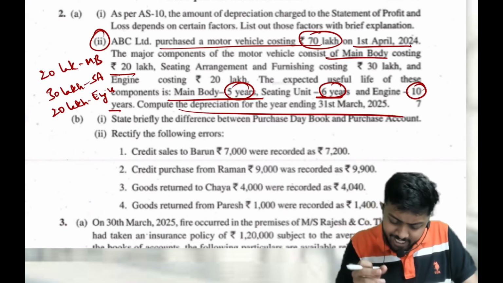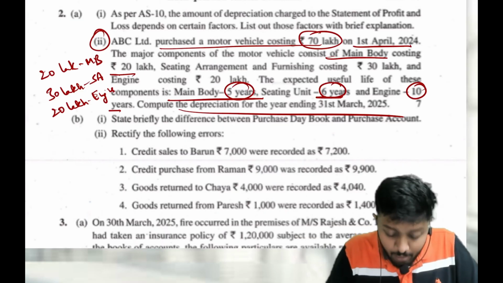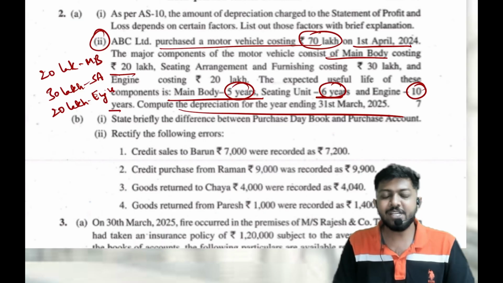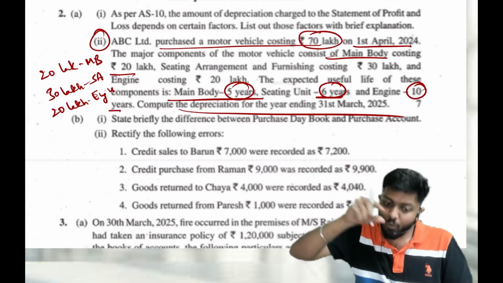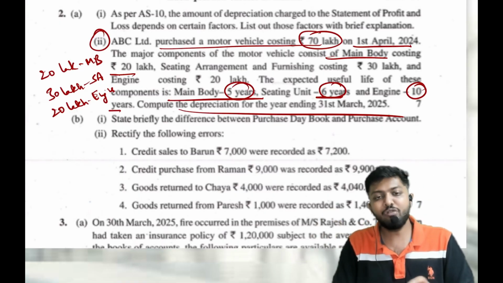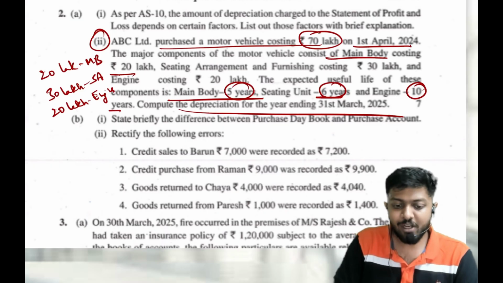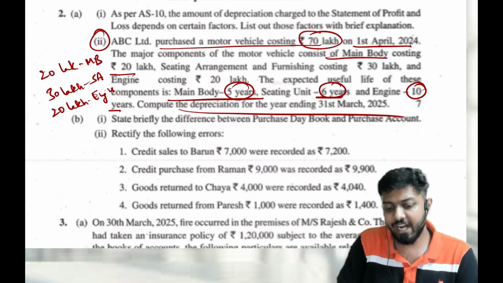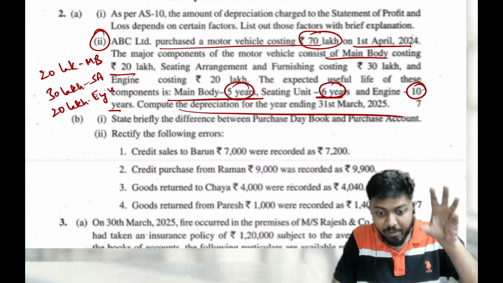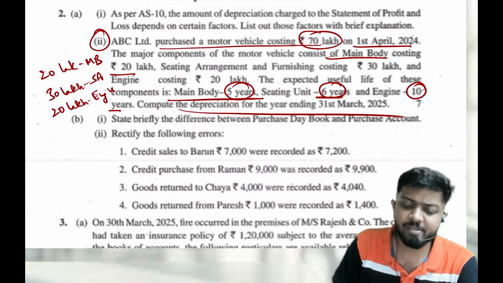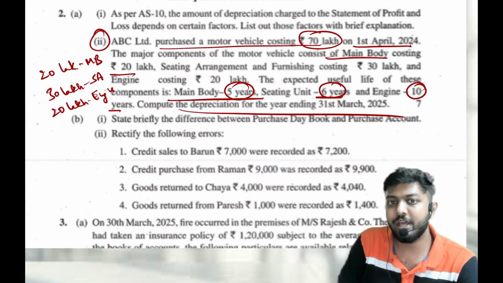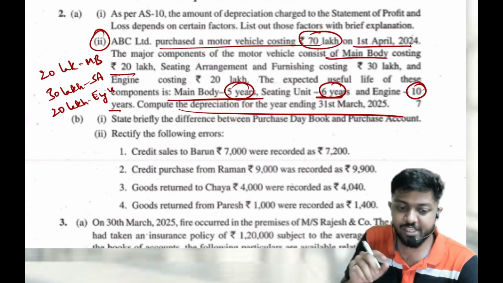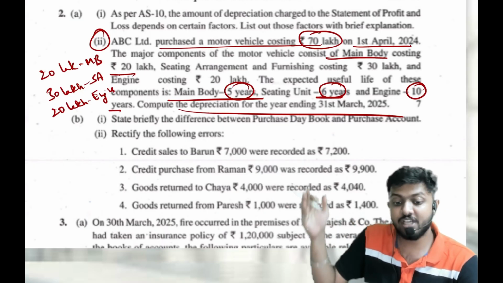Correct, no? Now, when each of the components within the motor vehicle has a different useful life, use the respective useful life and compute depreciation. That should be a better presentation rather than taking the 70 lakh amount and taking one useful life for the whole thing. That will not give you fair depreciation. When you have a separate breakup and useful life for the respective items, calculating depreciation separately for each component will give the fair depreciation. Correct? Because after 5 years I will not be using the main body. I will change it. Why would you amortize it for 10 years? The matching concept is not satisfied. You cannot just take 10 years just because the engine is coming for 10 years.